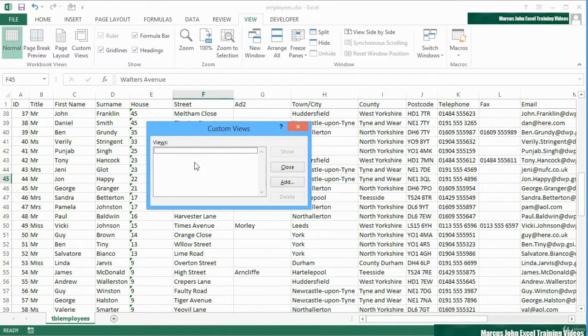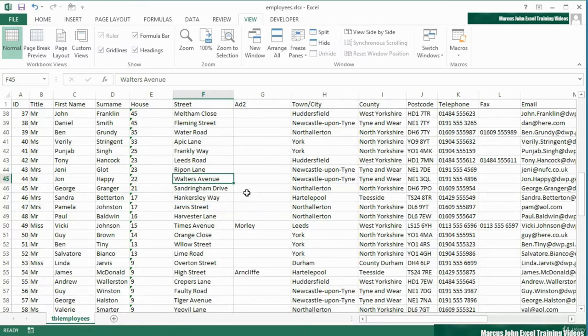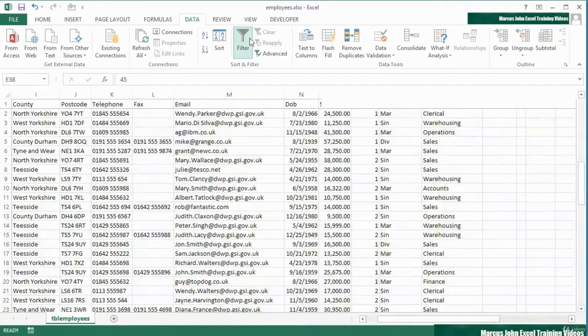I currently have no custom views, but I would like to add one. The custom view name is going to be Whole View, because I can see everything at the moment. And that's going to include any print settings I might have and any hidden rows, columns, and filter settings. Okay. If I then add on filtering, Data, Filter, and let's say we want to filter so we only